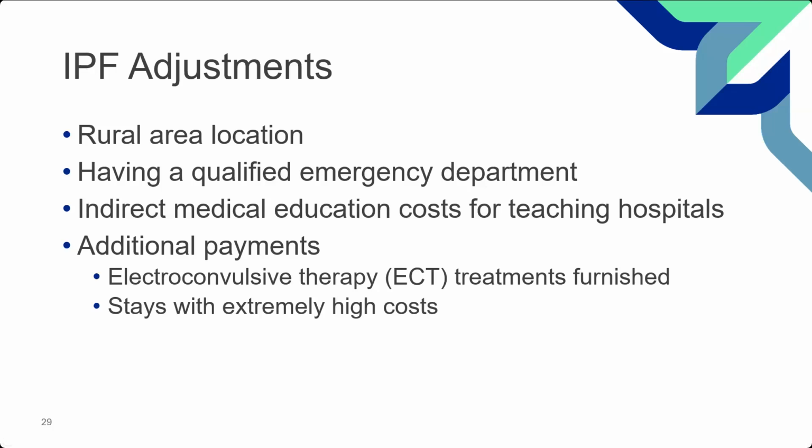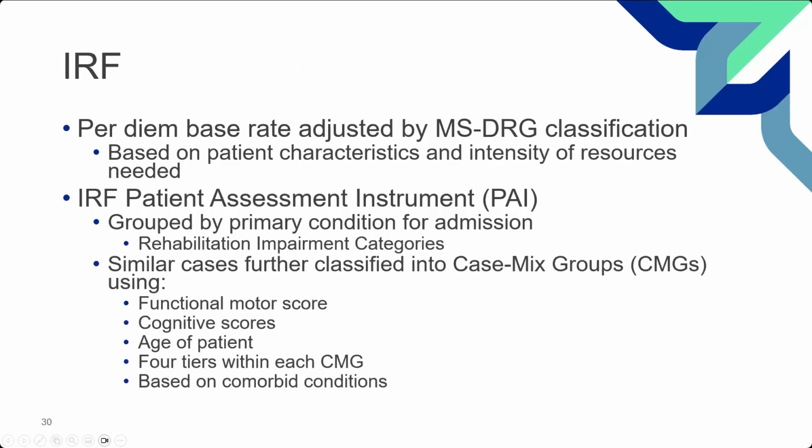Okay, which is going to bring us to the next payment system, which is actually not about inpatient. It's actually going to be about inpatient rehab facility first, before I get to the outpatient payments. So inpatient rehab facility is another form of inpatient hospital based payment. However, because it's a type of rehab, they focus on certain things and certain types of information about the needs of the patient. So for instance, yes, it's an MSDRG category. We've already talked about those diagnoses, but what are the patient characteristics and what is the key thing here? Intensity needed. What resources are needed and how much of those are needed?